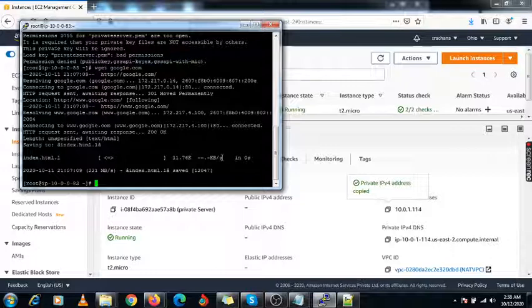So if your application is on high priority, at that time you need to use the NAT gateway. The recommendation is the NAT gateway, but if you want to save cost, you can use the NAT instance. And another option is the endpoint. That endpoint you can also use to access your services privately without the internet. So thank you guys, thank you for watching this video.